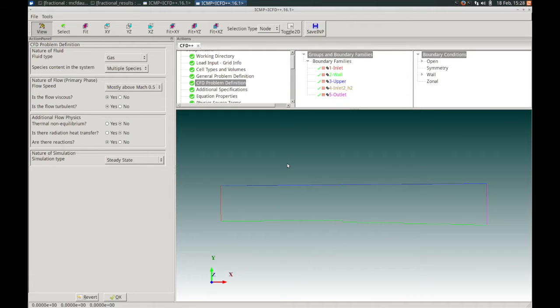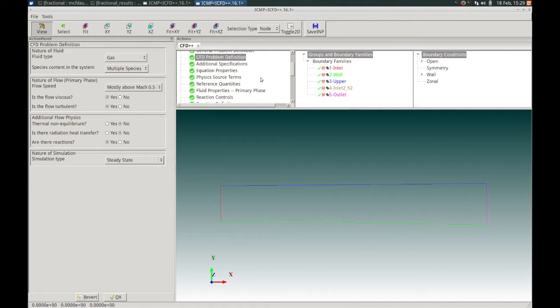The ICFD++ interface is composed of 5 items: the menu bar, where my mouse is currently hovering, the toolbar, which has shortcuts to some commonly used functions and controls, and the canvas, where the geometry or solution can be displayed. Also the notebook, which currently shows CFD++ setup information, and then the action panel, where much of the problem setup takes place. Within the notebook panel, ICFD++ shows an action tree, or a setup wizard, which can guide you step by step through the various parts of the problem setup.